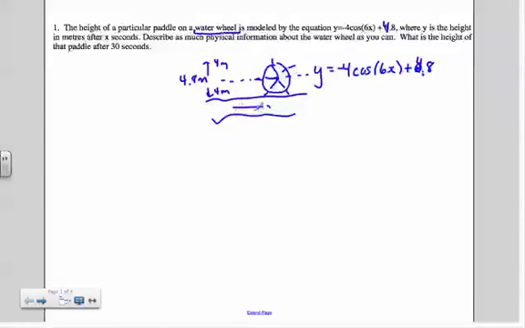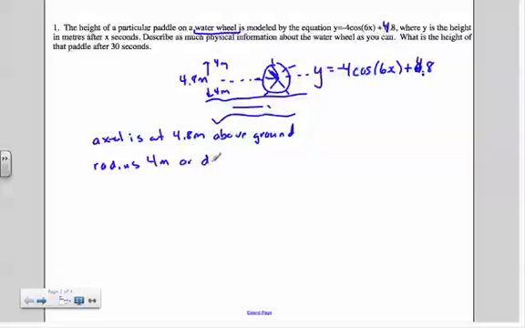Because this river is probably a little bit above ground, there's 0.8 of a meter in between the top of the water and the very bottom of the ground. But the important thing is that the axle is at 4.8 meters. So the axle that turns is 4.8 meters above the ground. The radius of the wheel is 4 meters because it's 4 meters above that middle point,